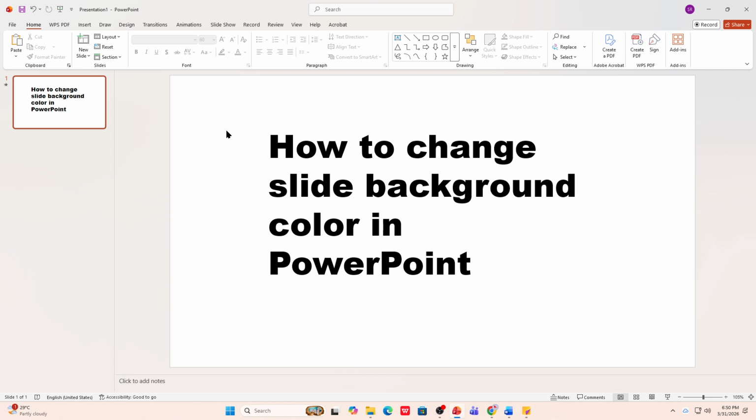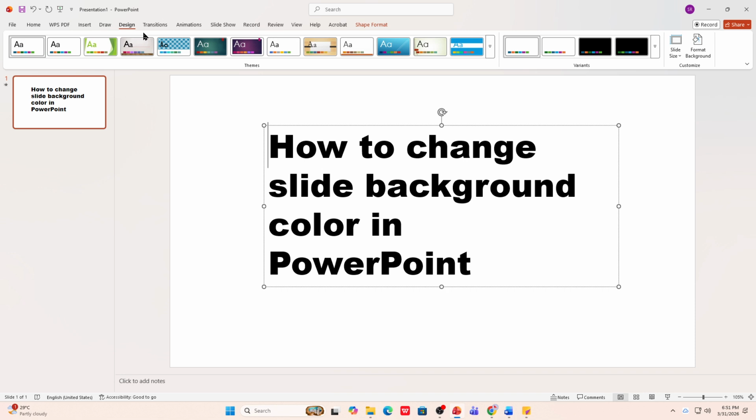First, open Microsoft PowerPoint and either launch a new presentation or open an existing one you'd like to update. If you're working with a template, don't worry, you can still adjust backgrounds to better match your style. Next, head to the Design tab at the top of the window. This is your control center for the overall appearance of your slides, including themes, variants, and, most importantly for today,